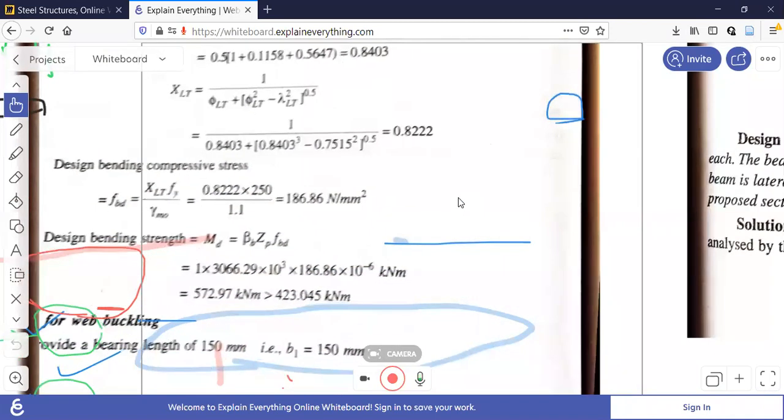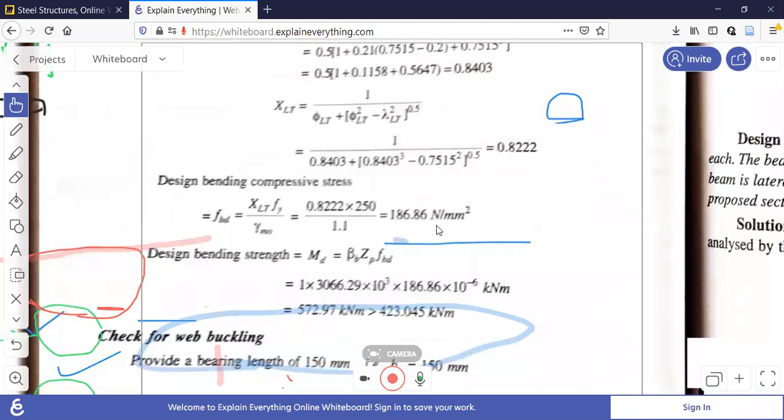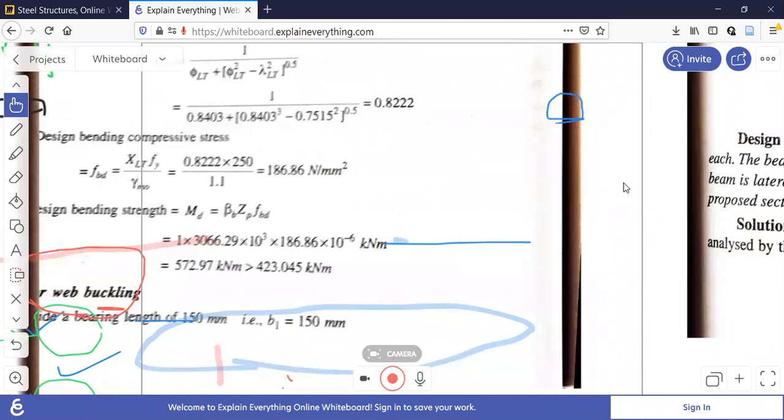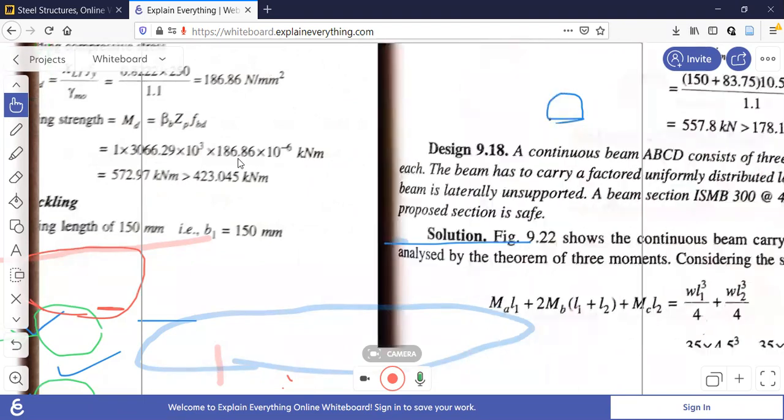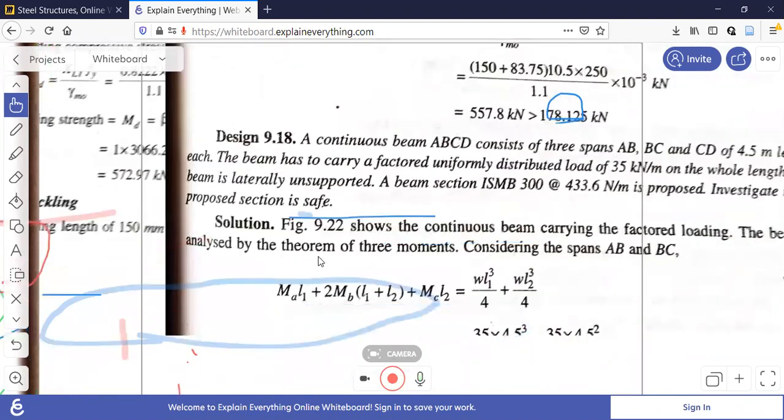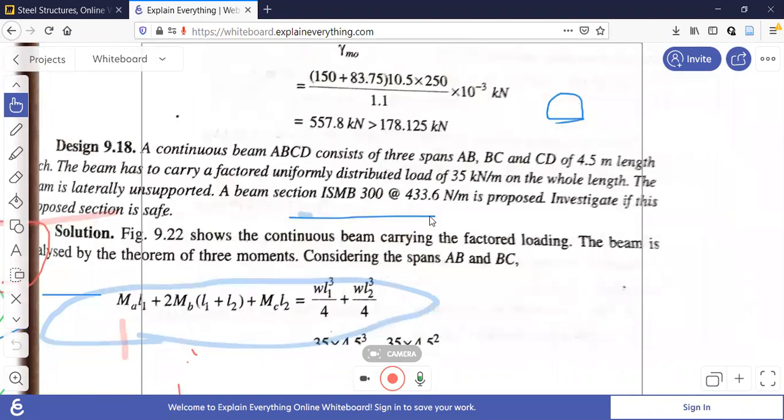Anyways, MCR calculation I have explained. You take it that only today MCR was explained. The rest all I have not done. You go through that one. Otherwise, I'll continue from wherever I left in today's class. But try to go through the remaining part. If you can manage, it is better. Ultimately, you have to solve one continuous beam like this. If you solve this continuous beam, it means you are able to